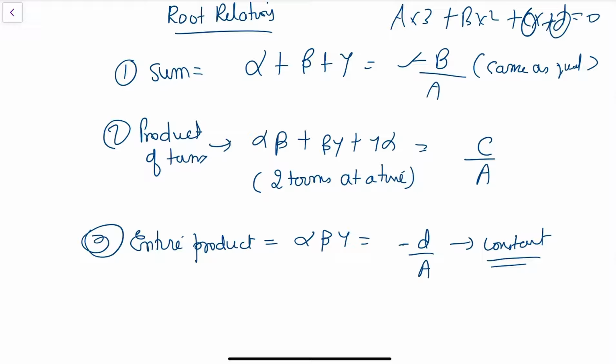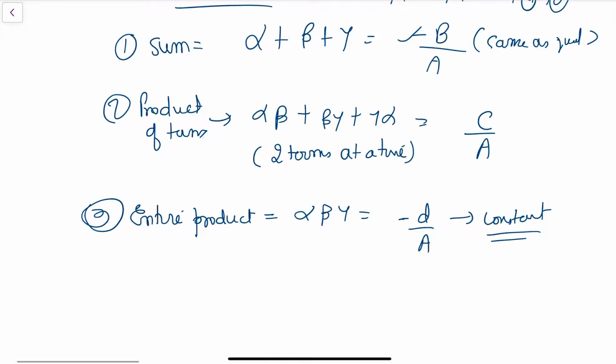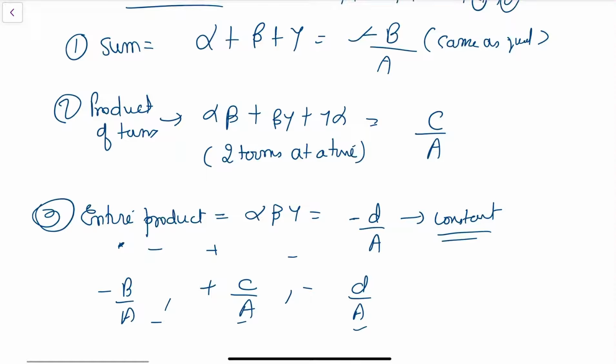So similarly, simply what I can say here, your sum initially is minus b by a. Then you have a positive c by a, which is your double product. You're taking it with c now. And then you have another negative, plus minus plus minus. And you're left with d. You get d by a. A will always be there in the denominator, that is common. So this is the trick to remember.